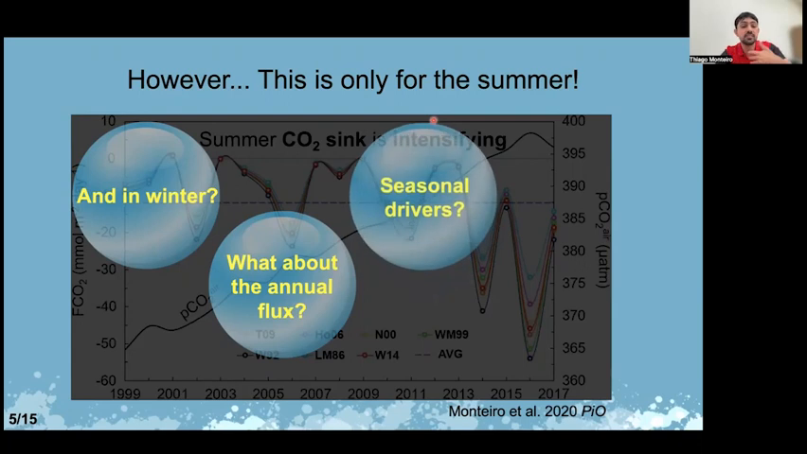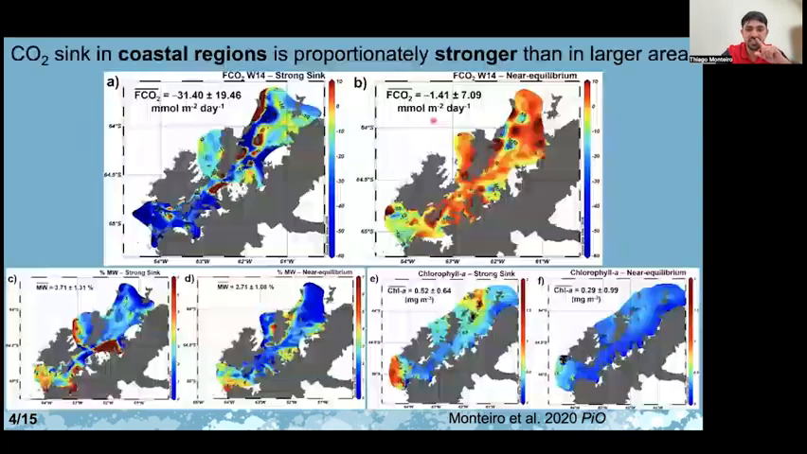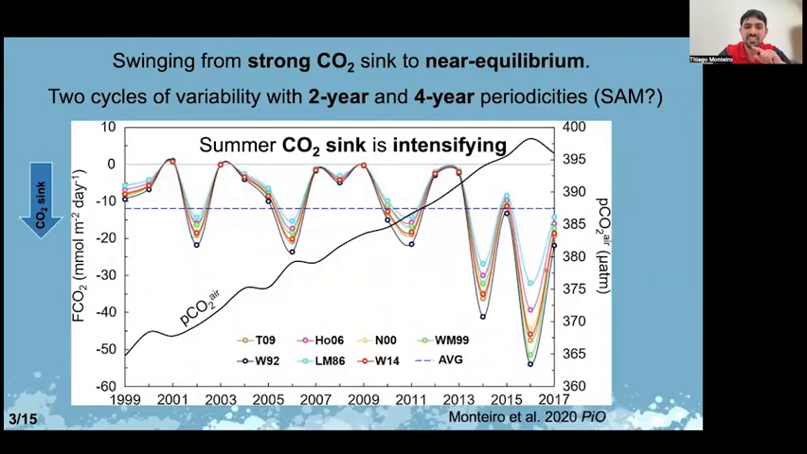And what about the seasonal drivers? What drives the seasonal variability? And one question that remains for us is: is the Northern Antarctic Peninsula, especially the Gerlache Strait, really sinking more CO2? Because one thing that I forgot to say earlier, but I will say now, is that